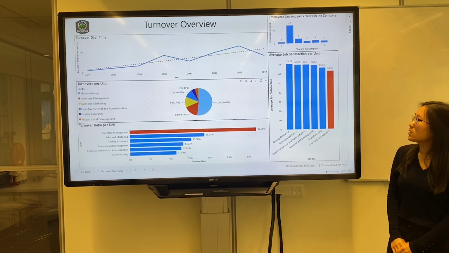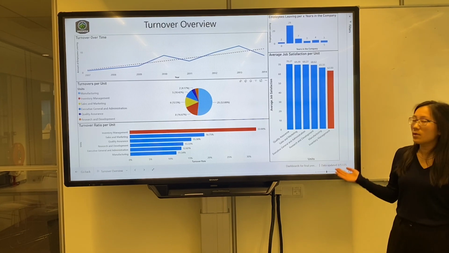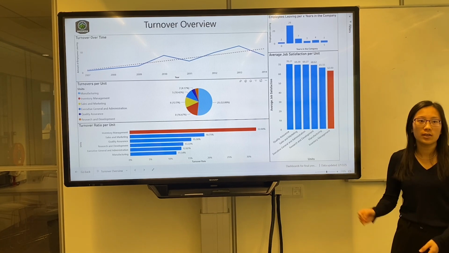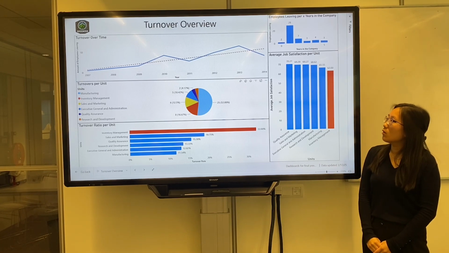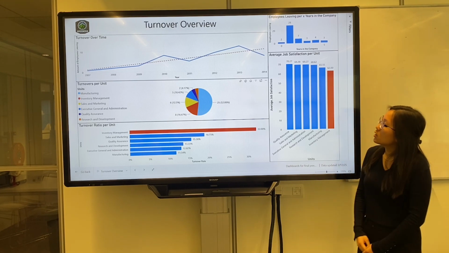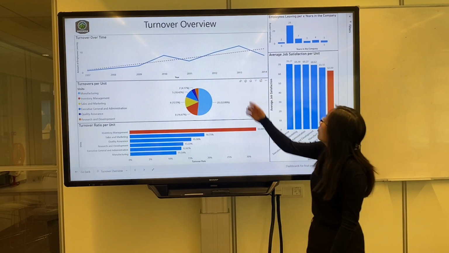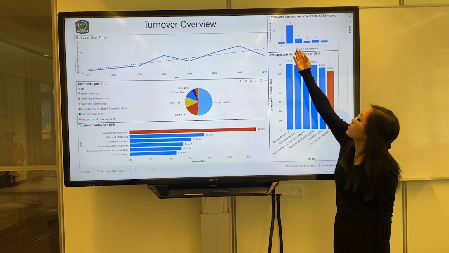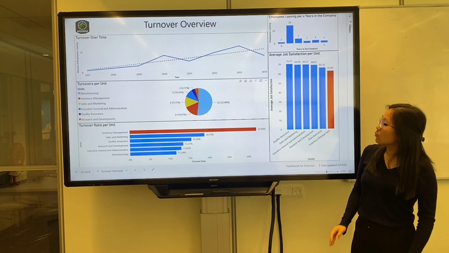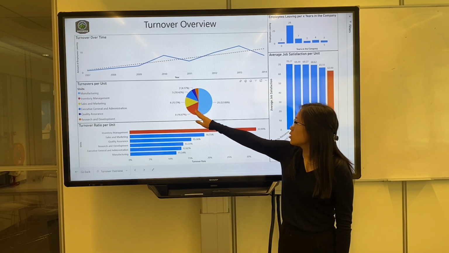For our analysis, we created a turnover dashboard, which the management team can also later on use to track job satisfaction or dissatisfaction across the company, and also to see if there are increasing turnover rates. We can see here that turnover increased over the past years, with most of the employees leaving after the first year. If we take a closer look at it, we can see that 25 people leave from the manufacturing unit,